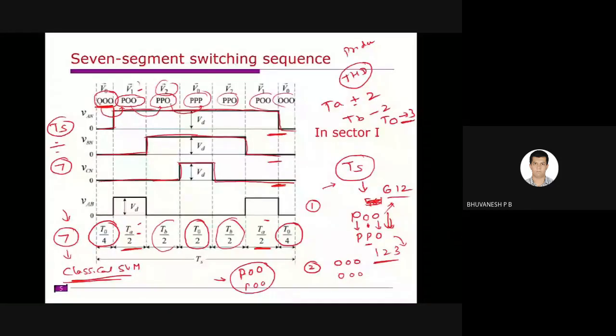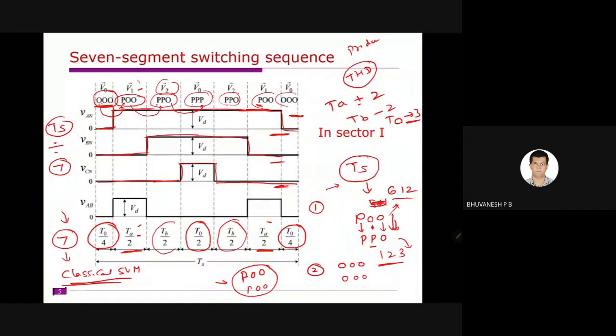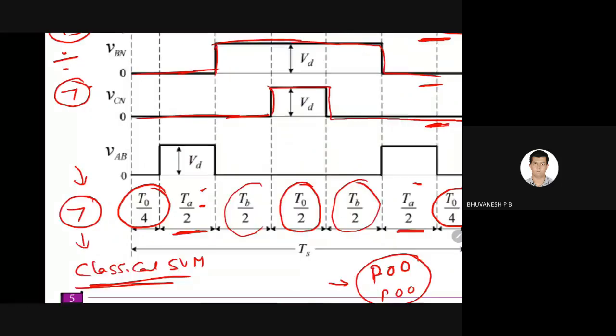When this is 0, 0, 0, this is the output voltage, and this is the corresponding phase voltage for A phase. You can easily obtain this, right? Here, for the A phase output voltage, if you notice, the first device is on. So here P for A phase, here also P. So all are P, right? That means A phase output is VS or VD. Similarly for B phase, if you notice, B phase is 0 here. In case of B phase 0, 0, this is 0 here.